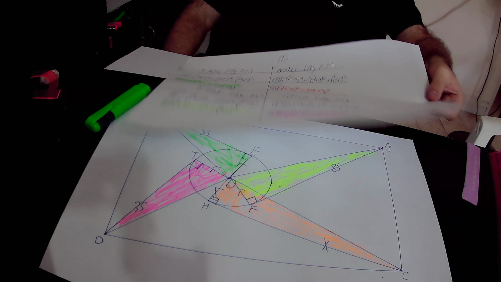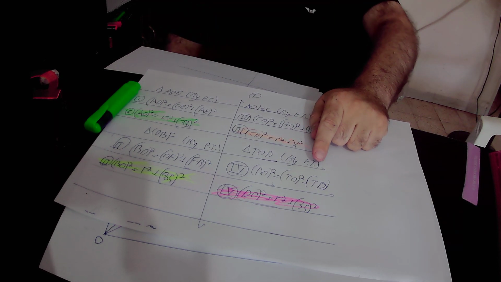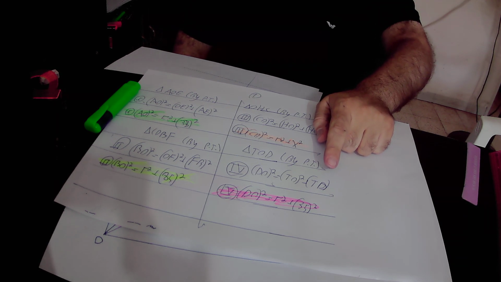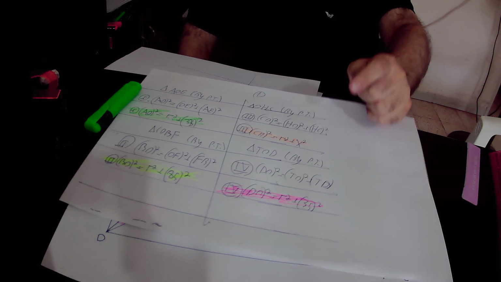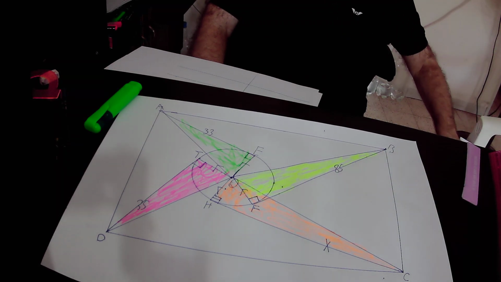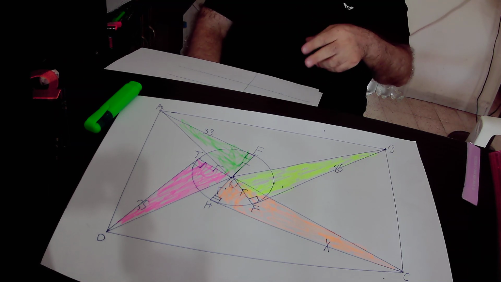Therefore, DO square equals TO square, that is R square, plus TD square, that is 35 square. According to equation number 4, we found out that DO square equals R square plus 35 square. Then I copied the 4 equations in a new page,